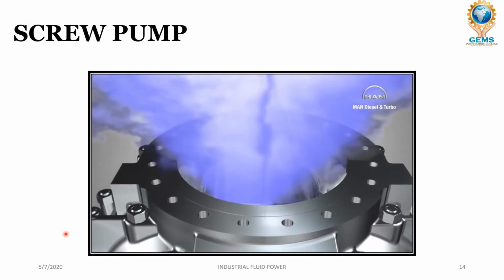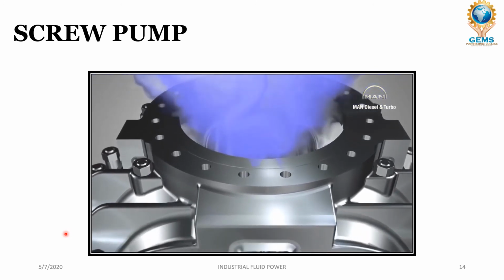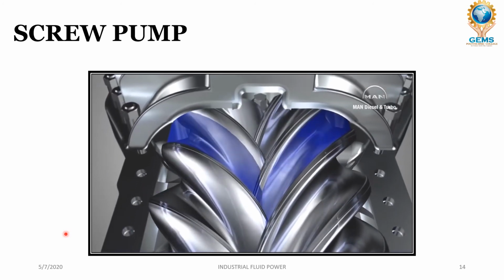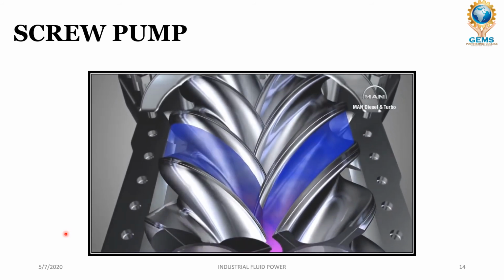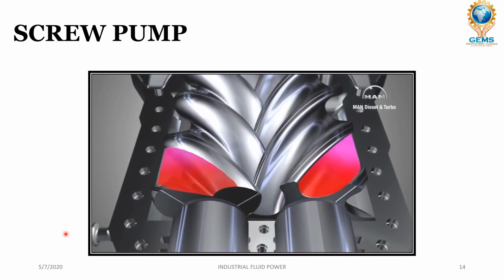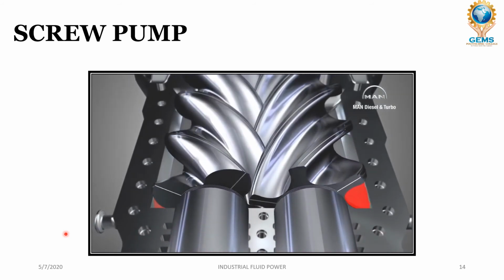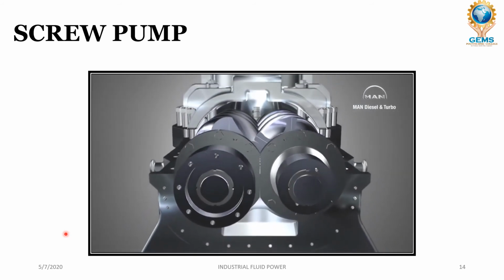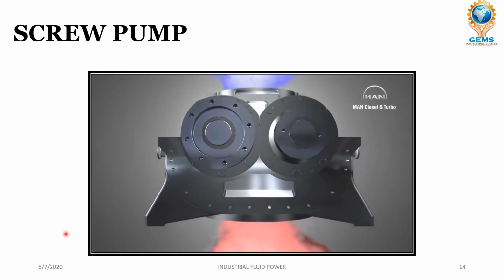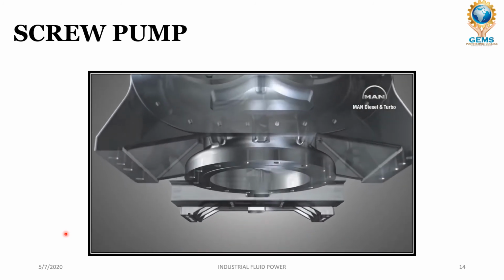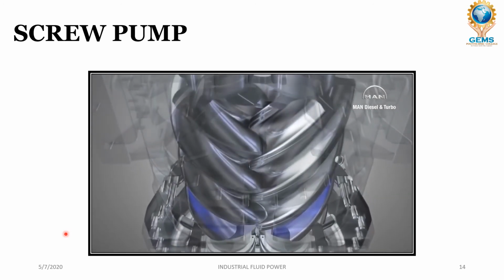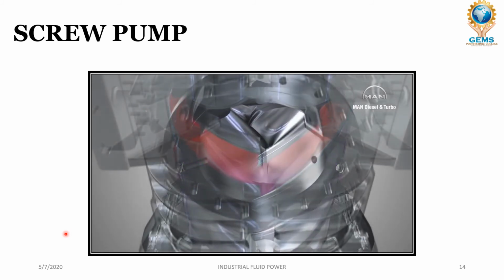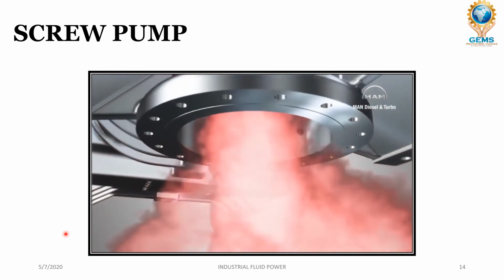To understand the compression process better, let's look at an individual chamber. It enlarges, is filled with gas, and then closed by a circumferential edge in the casing. The rotors now transport the gas to the discharge side, where the chamber shrinks and the retained gas is compressed. Let's view the process again, this time from below. Once the gas is compressed, the chamber reaches another port connected to a discharge nozzle, and the gas flows out.